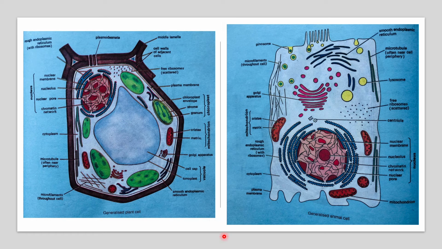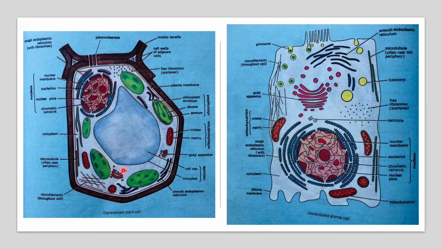Then we will see the Golgi apparatus. Golgi apparatus is present in both plant and animal cell. Here is the Golgi apparatus in animal cell, and the Golgi apparatus in plant cell. Golgi apparatus secretes vesicles and lysosomes, and it helps in the synthesis of pectins and other carbohydrates necessary for cell wall formation. It secretes gums and mucilage. It is also associated with storage, condensation, packaging, and transportation of various substances. So Golgi apparatus helps in transportation, storage, and condensation of many